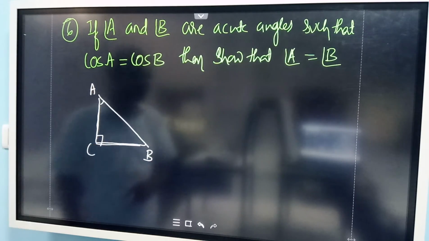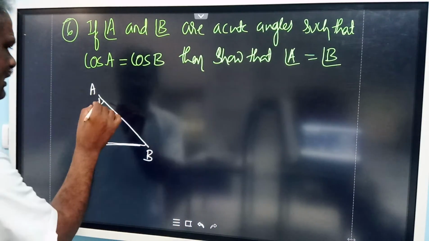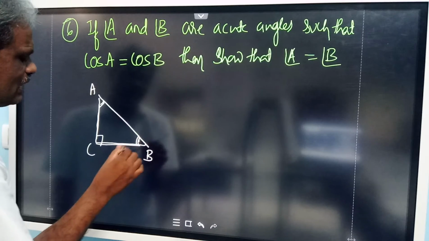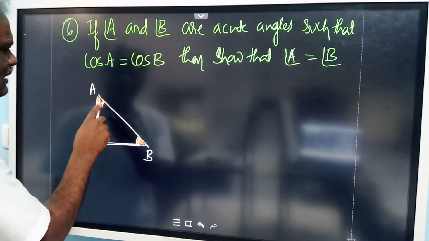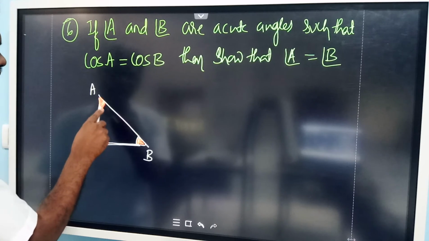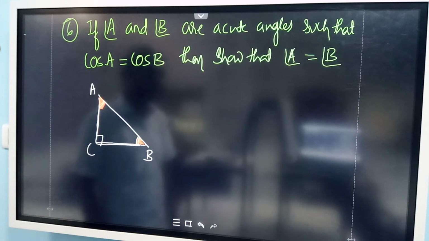You have to write this because a right angle can never be equal to other angles. Here these are the acute angles, and only they can be equal. You can write angle B is equal to angle A, which means they must be acute angles. The 90 degree angle is the largest angle in this right angle triangle. The other two must be less than 90 degrees. You can equate only A and B.